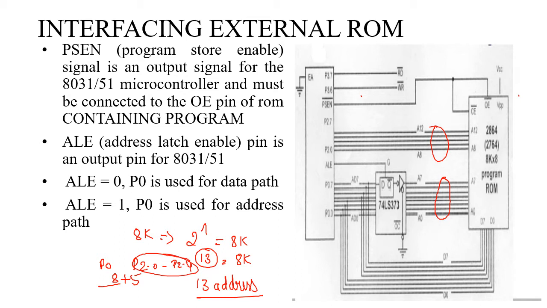So now the data, however, will be D0 to D7. Any memory has the capacity to store 1 byte of information in one particular address. So here 8051, it is 8 bit. So the data bus is also 8 bit size. Once all this setup is done, the program that is stored in the program memory will be transferred to the CPU that is present in the 8051, and the program gets executed based on the command that is present in the ROM memory, that is the program memory.